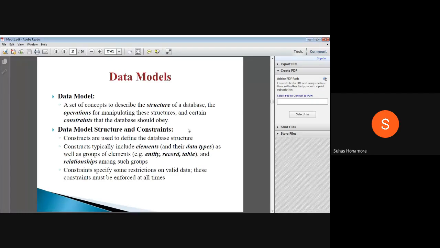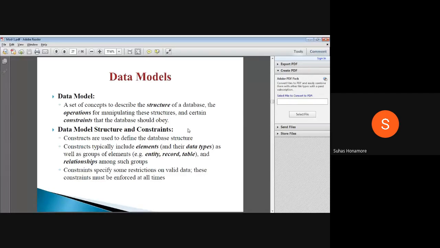We can't create it directly. I can't just say that in my database I require five tables, and each table should have five columns. We can't give this kind of restriction. It depends on the data, and what kind of relation there is between the data. Depending on that we have to decide the tables. It may be one or two or n number of tables, and that decision has to be taken properly. And in each table, how many columns should be there? Any related attribute will be kept, and from that we'll form each table.